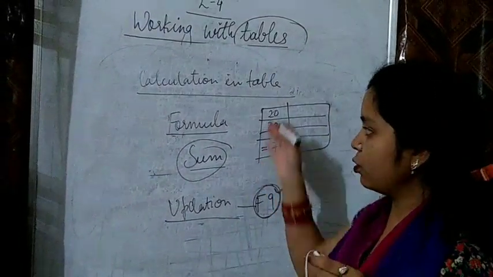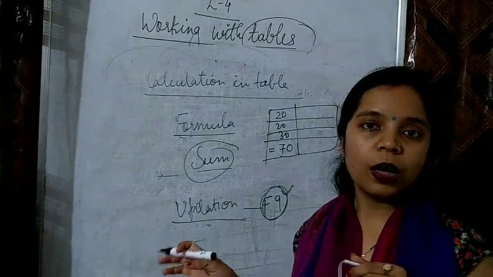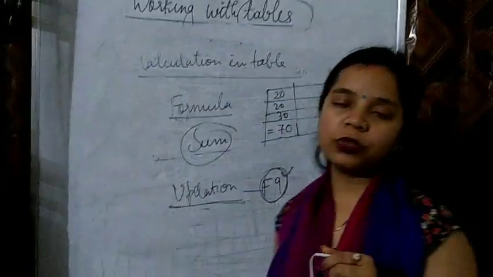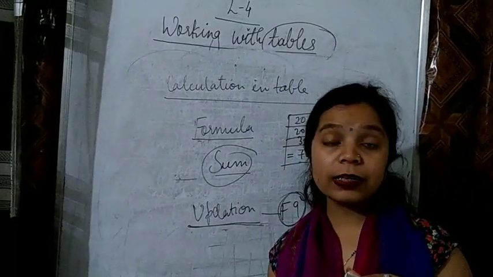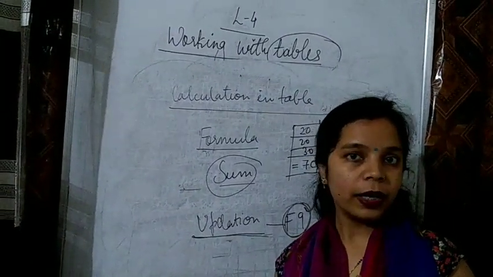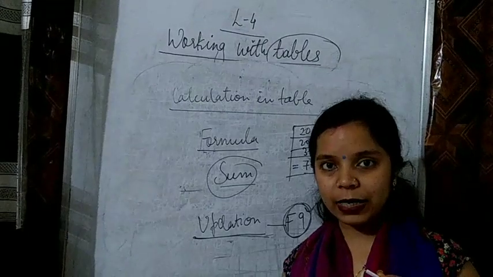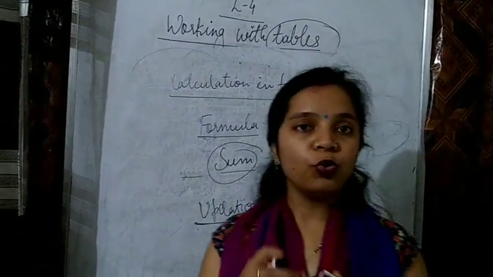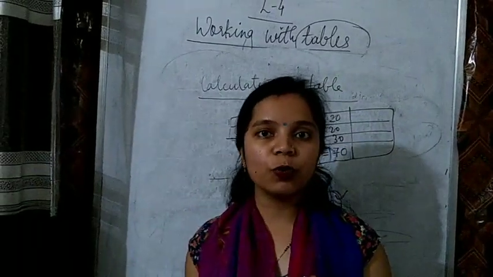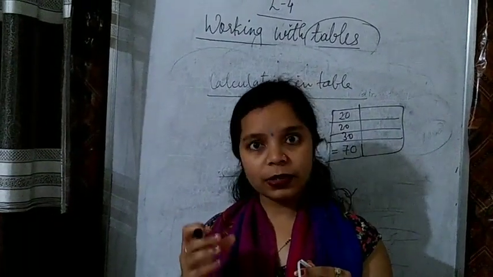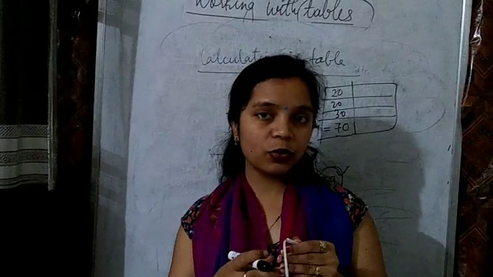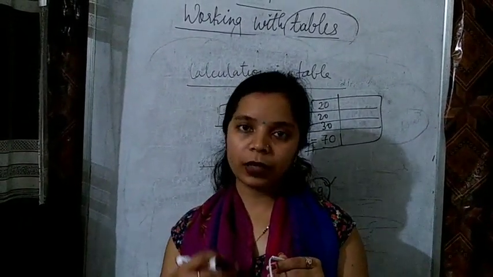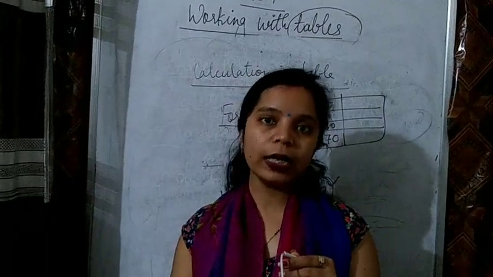So all of you might have understood this: how you add and how you update the values in the table. This chapter is not very tough. You read the chapter, watch this video, and if you have a computer at home, practice it. Whatever I am telling on the laptop, you do and practice at home also. Then read the chapter, see the steps as I am telling you, follow them, and then you can understand the chapter very clearly.